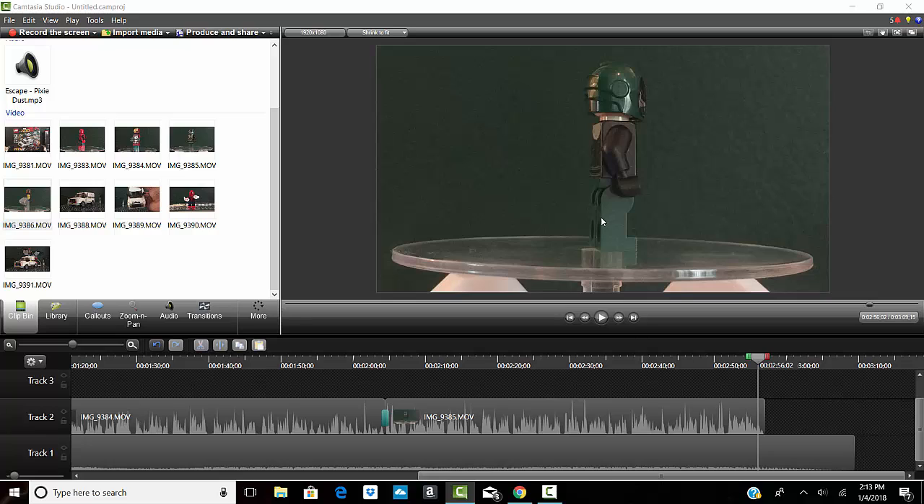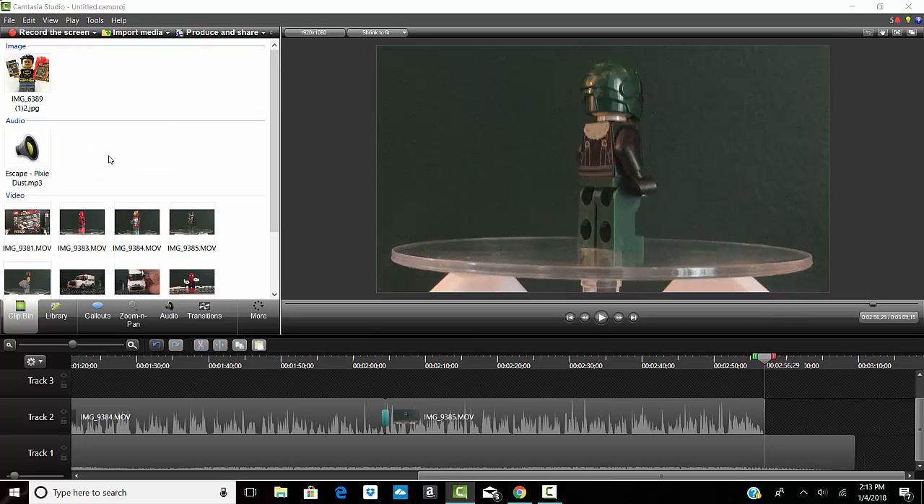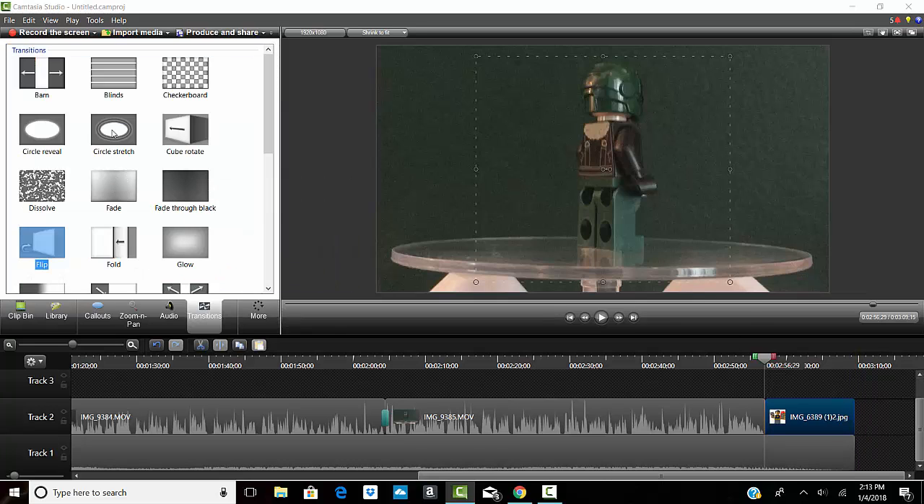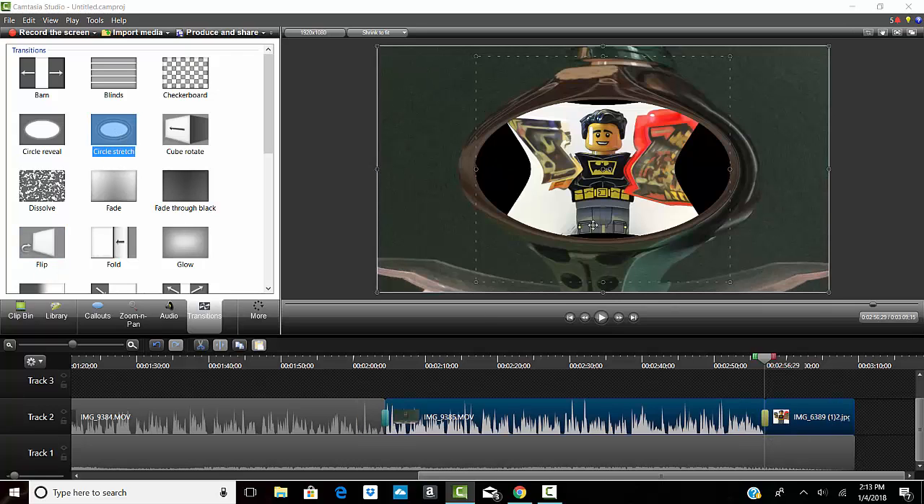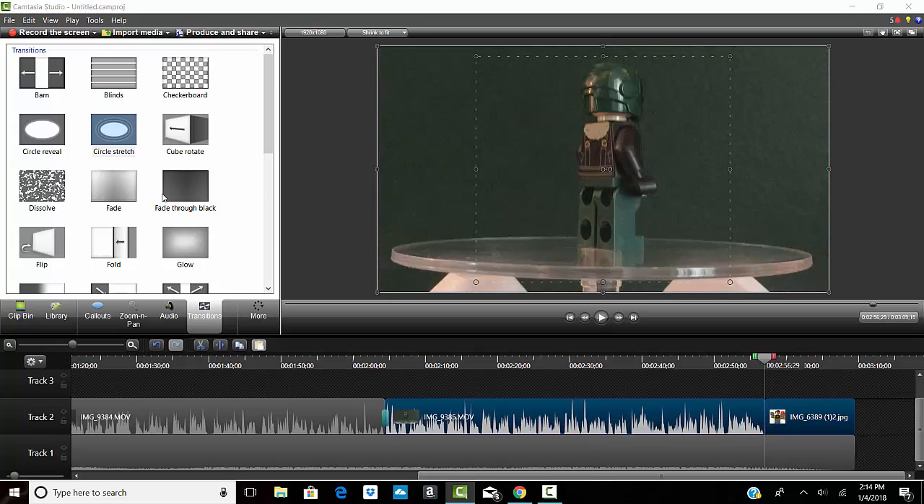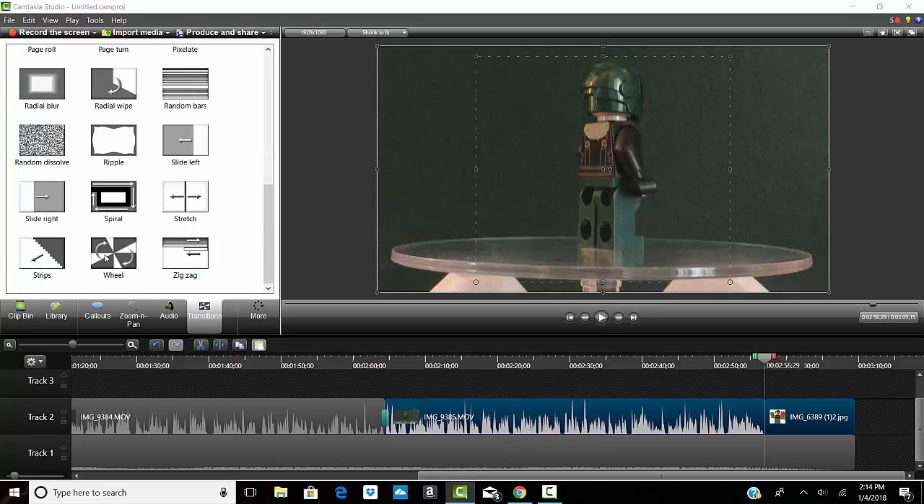Actually no, just to show you guys how an image would work. It's this exact same way that you drag in a video. You just drag it in, and we could have this image play out the rest of the time. So we can put maybe that weird circle stretch transition, or I particularly don't like that one. Maybe we can use something interesting like radial blur